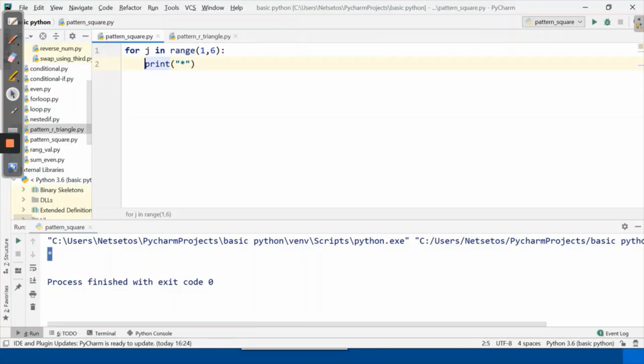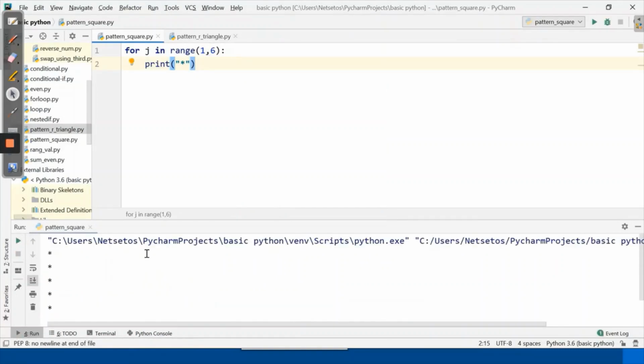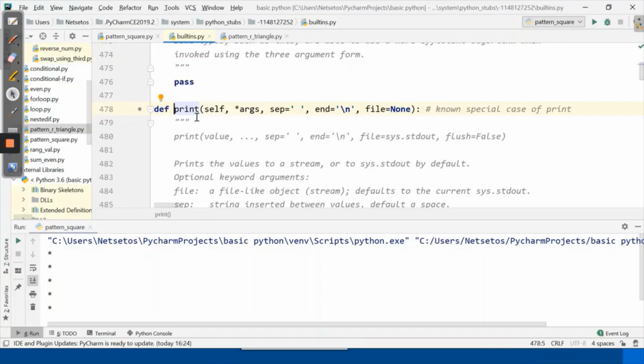After this, if I print this, it will print 5 stars in different lines. If we see why it did so, because it's built in. Here by default it gives the \n.